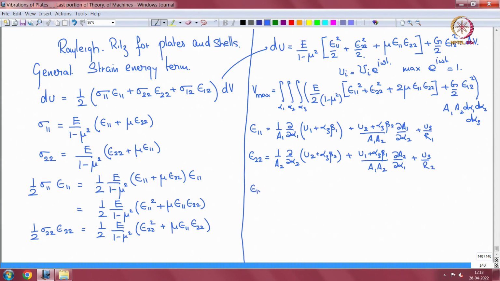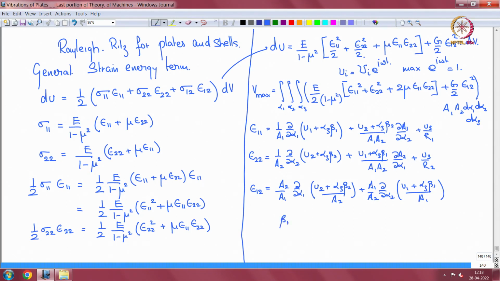And epsilon 1 2 is equal to A2 by A1 del alpha 1 of (U2 plus alpha 3 beta 2) by A2 plus A1 by A2 del alpha 2 of (U1 plus alpha 3 beta 1) by A1,